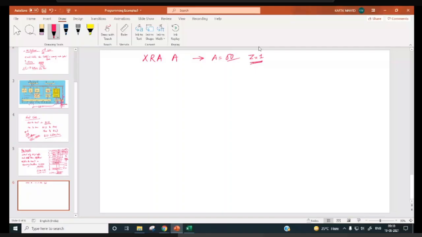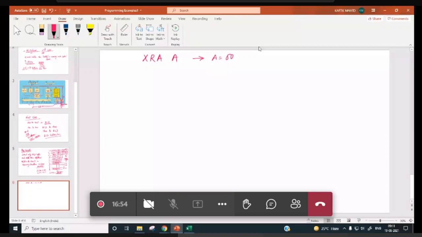The carry flag will be cleared, auxiliary carry flag will be cleared, parity flag will be cleared, sign flag will be cleared. Only the zero flag is going to be set to 1, probably, with this XRA A. I'm not sure, you have to go through the instruction set and see what flags are affected with XRA A and what the result will be, right?